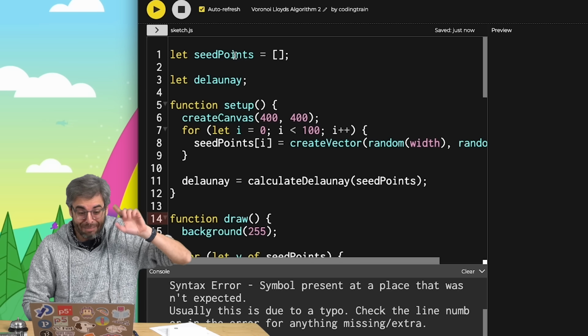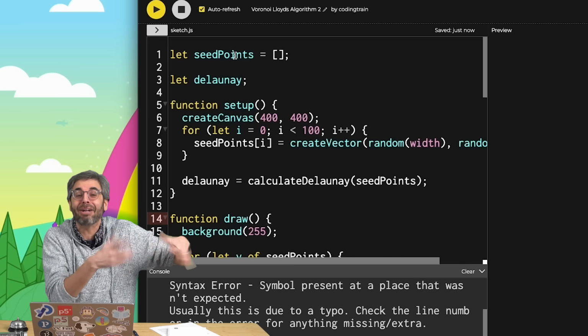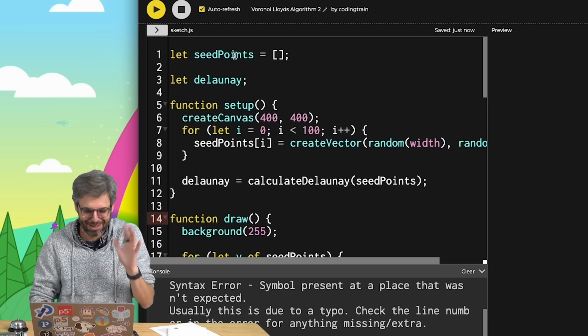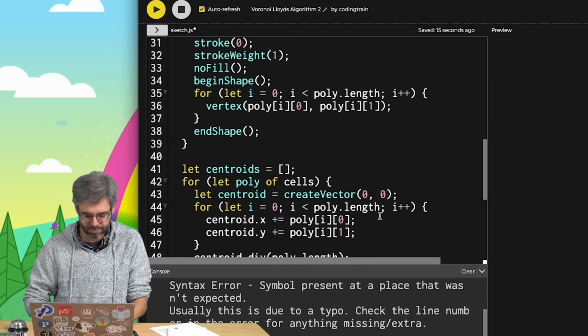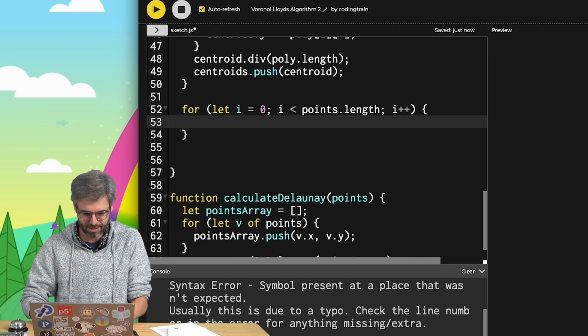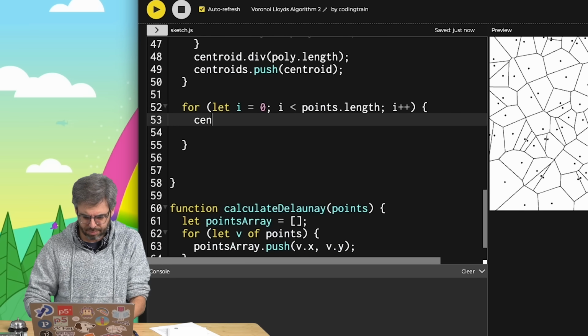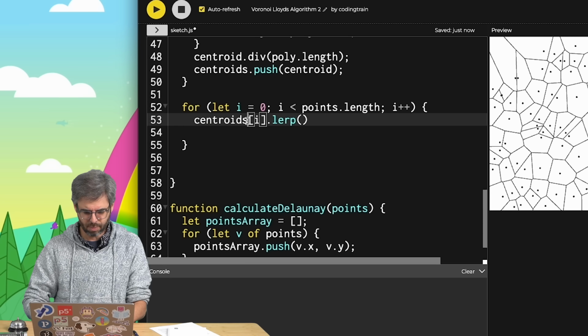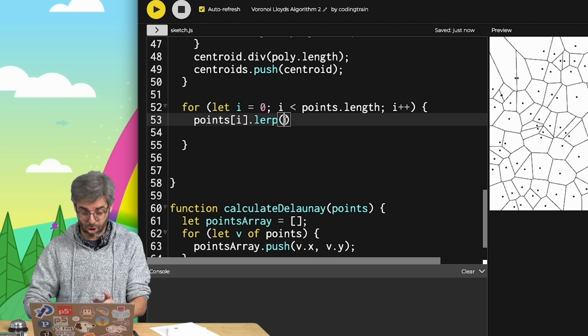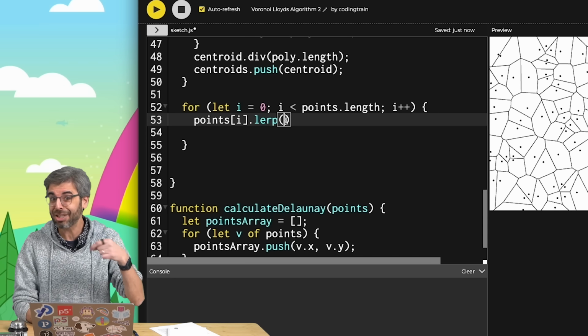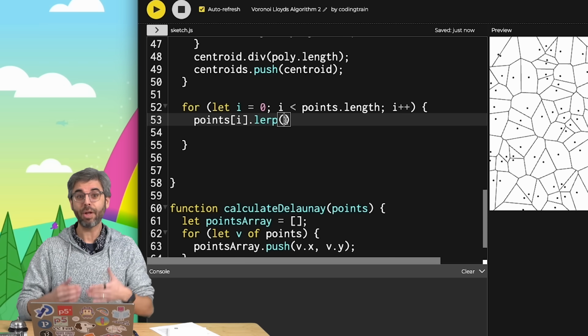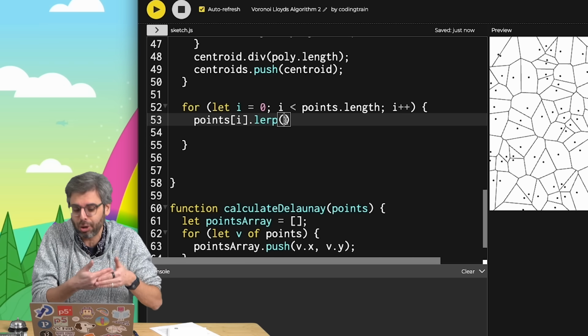I could go back to calling it points now because I got rid of the Delaunay triangles that I was using a points variable with. I think I can call points index I lerp. So I can use the vector lerp function, which will interpolate between those 2 points